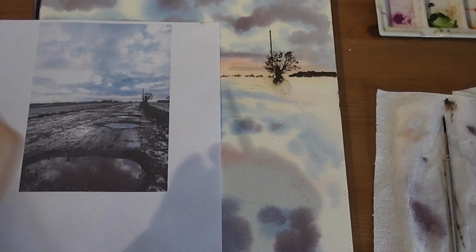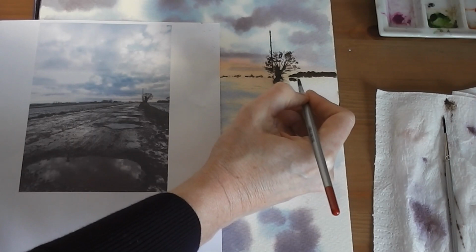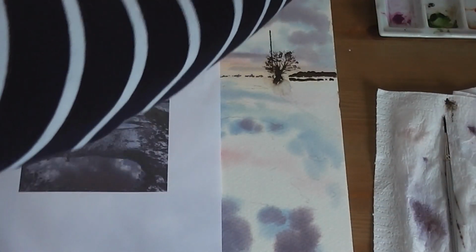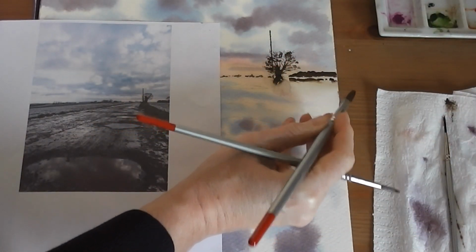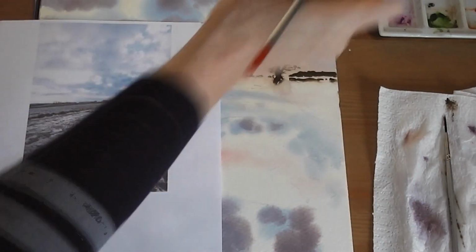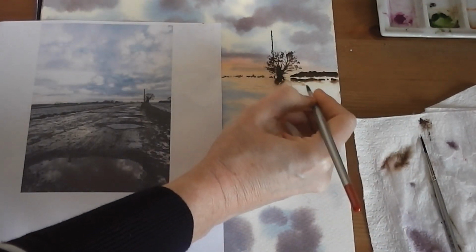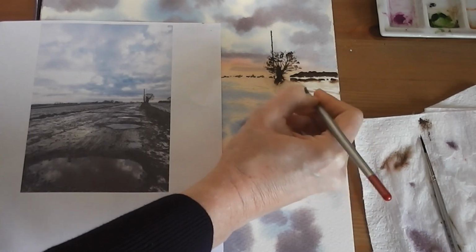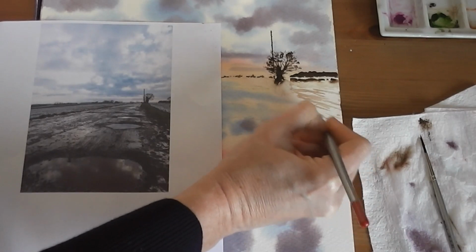With the sepia now, we've got a similar technique happening that we did the other side, which is we're going to come in with a line of sepia, we're going to get a brush loaded with water, and we're going to touch in places and not in others. And then we can, with our brush and a little bit of sepia, sweep that through. So you're getting that feeling that it's a bit frosty. So I've swept that through,